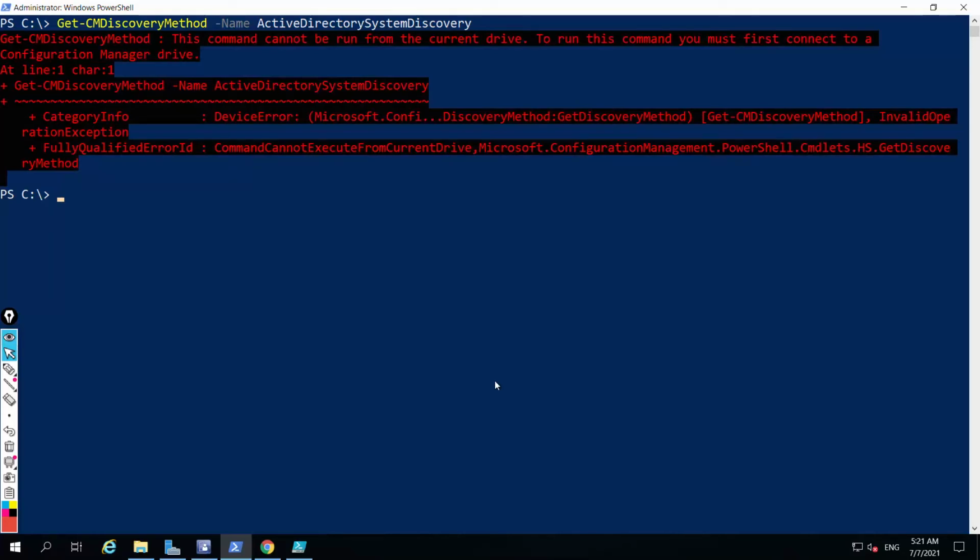From the current drive, to run this command, we must first connect to the Configuration Manager drive. Okay, I need to connect to the virtual drive of Configuration Manager.